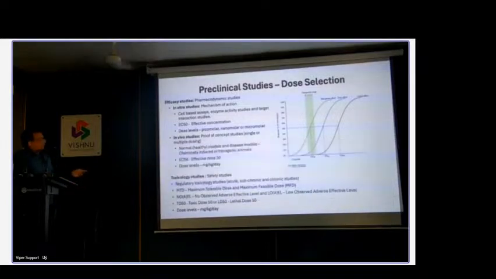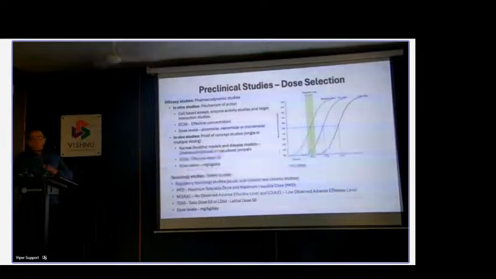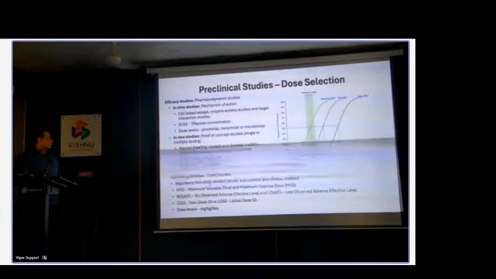And then the other curves are the toxicology related, the toxic effective dose. These are based on the safety studies. So you will be having regulatory toxicology studies. The guidelines from OECD or ICH are available. You can go through them if your research is demanding you to conduct any toxicology studies.